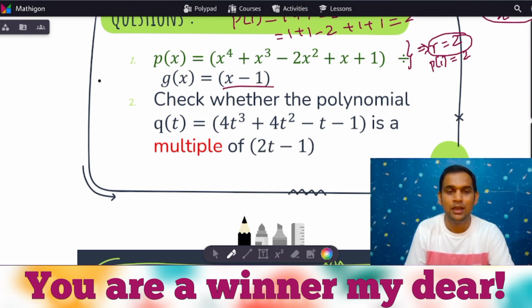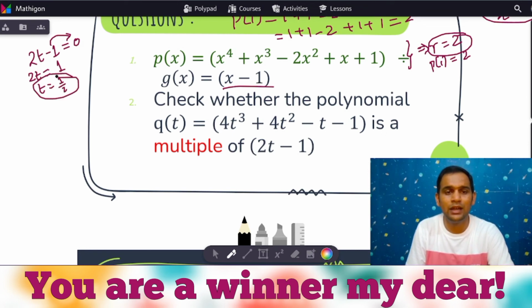So let's first find the 0 of the divisor. 2t minus 1, what is the 0? Let's equate it to 0. So 2t equals, this minus 1 goes to the other side, it becomes plus 1. That means t equals 1 by 2. So what do we have to find? We have to find the value of q of 1 by 2. Let's quickly do it. So that is equal to 4 times 1 by 2 cube, which is 1 by 8, plus 4 times 1 by 2 square,